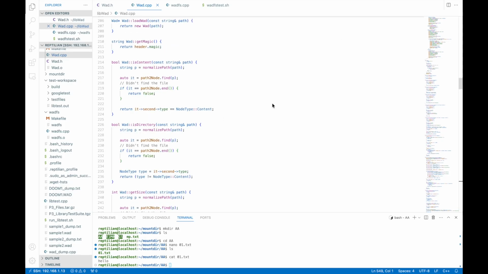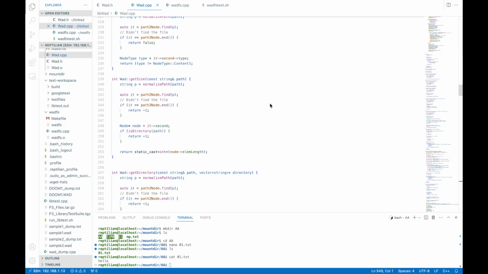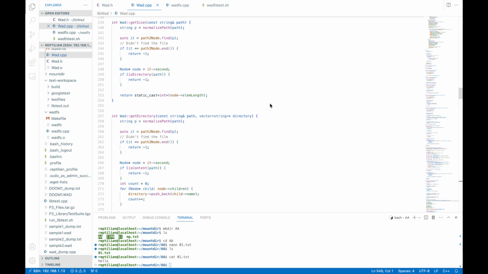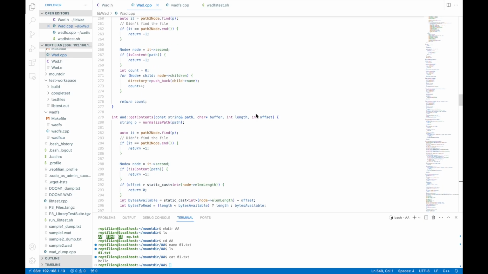Now the read-only functions. getMagic just returns the magic string. isContent checks whether a path exists and is a content file. isDirectory checks whether a path is a directory. getSize returns the file length for content files and negative one for invalid paths or directories. The getDirectory function pushes the names of direct children into the vector directory, and the